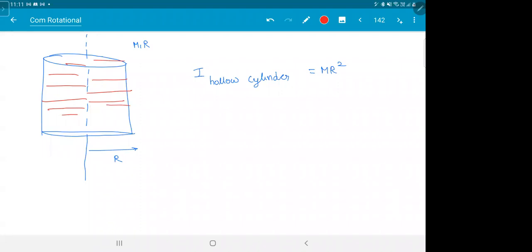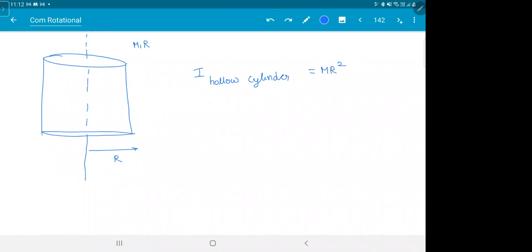In a hollow cylinder, perpendicular distance. Does it make sense? So as long as you keep the perpendicular distance same, you take an arc, a ring, or a hollow cylinder, all are same. Because see, hollow cylinder you can compress like this, na? It will become a ring. If you just close it, it will become a ring. So R will be the same.